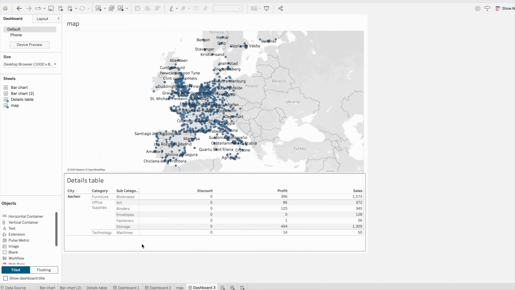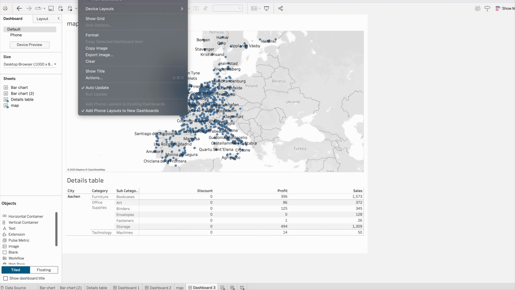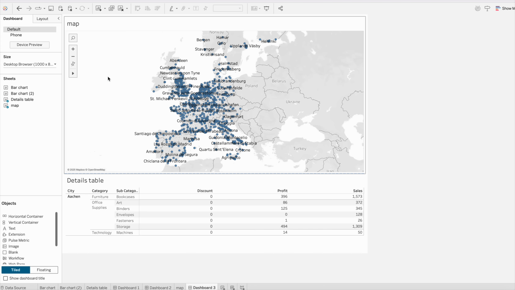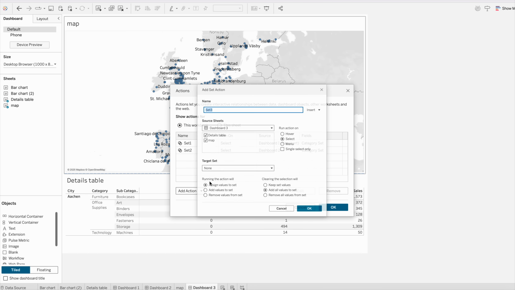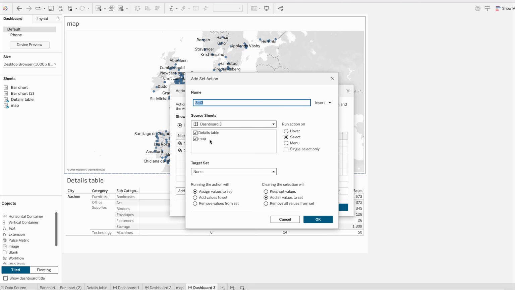That's the logic. All those ones I've not clicked will be out. So always know your use cases. I'll go to dashboard actions and I will click on set action again. Change set values. In this situation, I will choose map, of course, because that's my source sheet, and I will run it